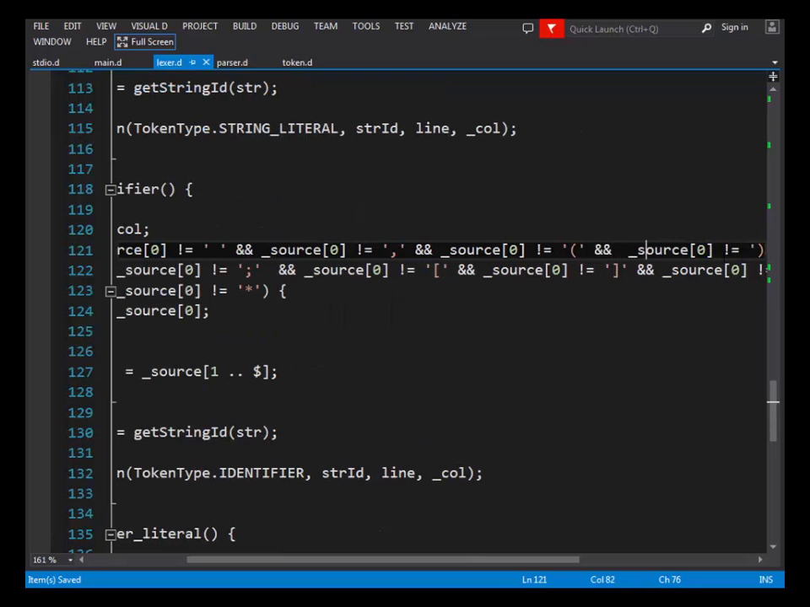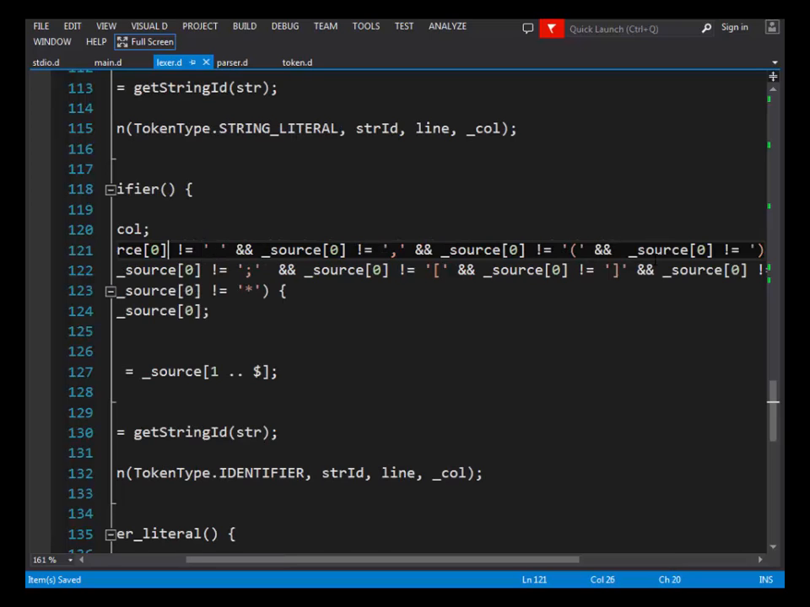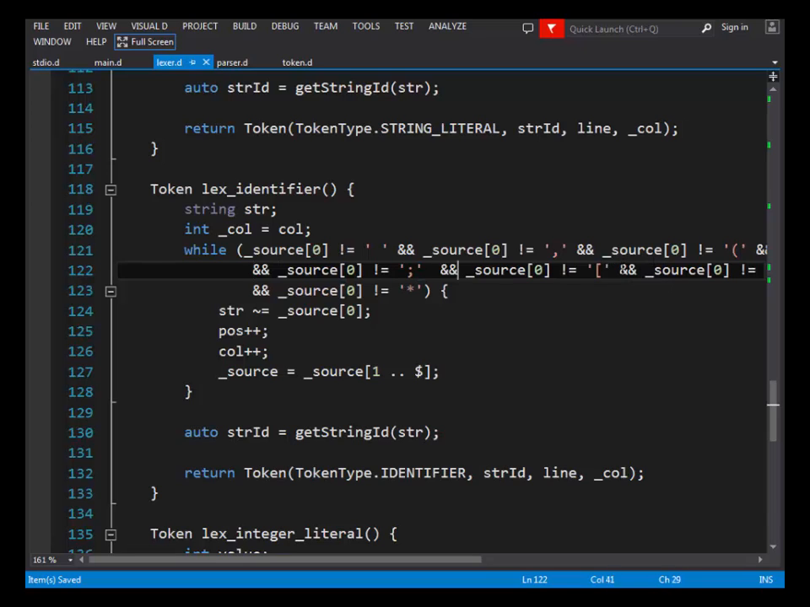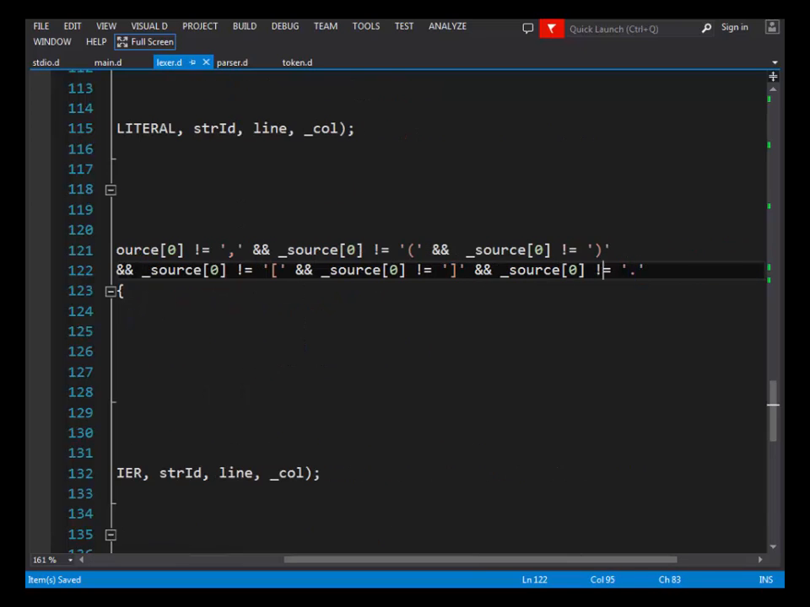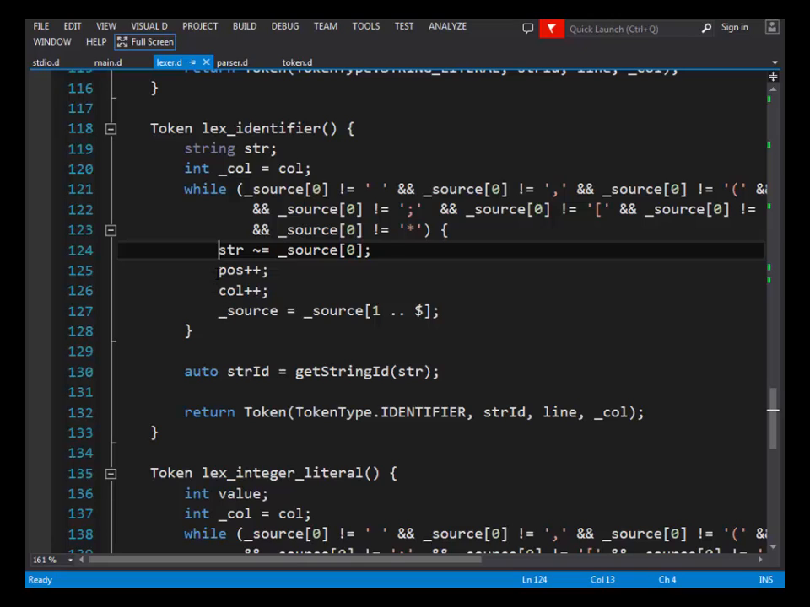or a brace or parens or a semicolon or braces or a dot or a star, then we want to append this. Here is the append operator, this tilde, here is the append operator indeed. Then we want to append the first character of our source code to the string. We increase the position of the column in tandem, and we